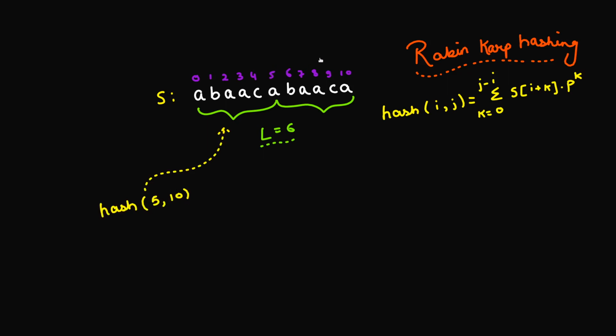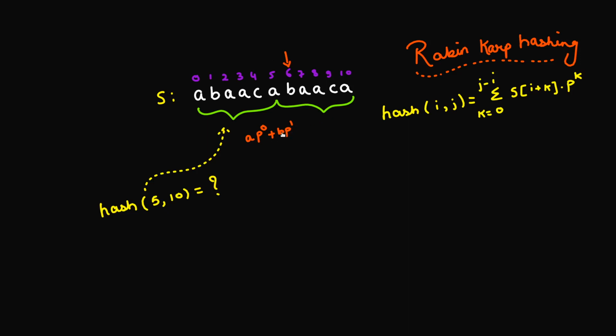So this is our segment from 5 to 10, and we'll see what exactly we are going to obtain the hash as. The first step is to consider the first character, which is a, and we have this prime number p, the power of which keeps rising every time we move ahead. We'll multiply a with p raised to the power 0, so the first term in our hash is a times p raised to the power 0. The second term corresponds to the second character, which is b, and it is going to be b times p raised to the power 1. And we'll just keep doing that.